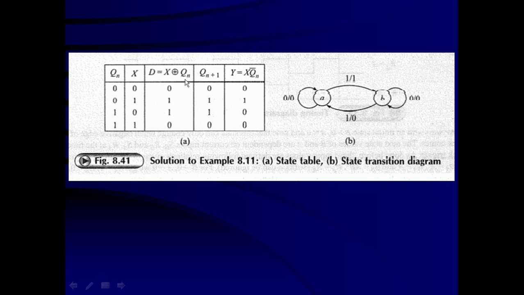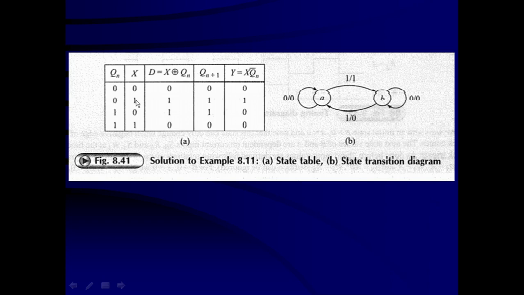Qn plus 1 is the next state, after the clock pulse occurs. That means the output will take the value of D after the clock pulse occurs. So Qn plus 1 is equal to D. D is going to be 0, so Qn plus 1 is going to be 0. This output is going to be the present state for the input. So Qn is going to be 0 now because Qn plus 1 is 0. Before the next clock cycle starts, this Qn plus 1 becomes Qn here. That is going to be 0.